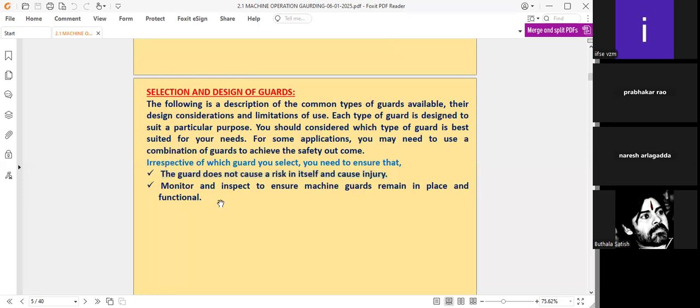Monitor and inspect to ensure machine guards remain in place and functional. Not only this, this is very important. While going on safety rounds, or by the